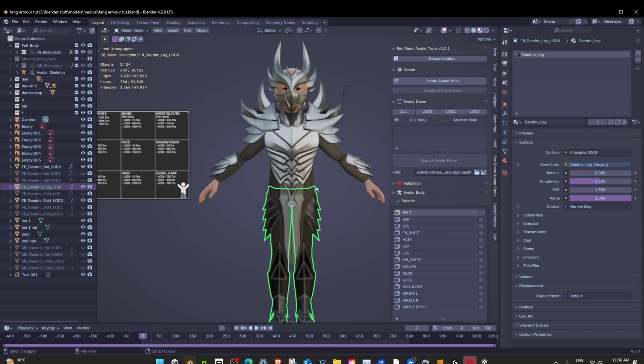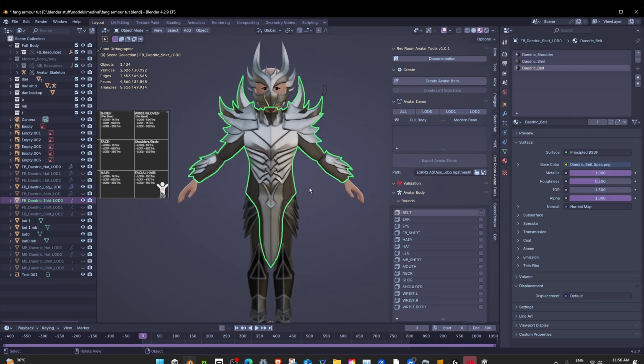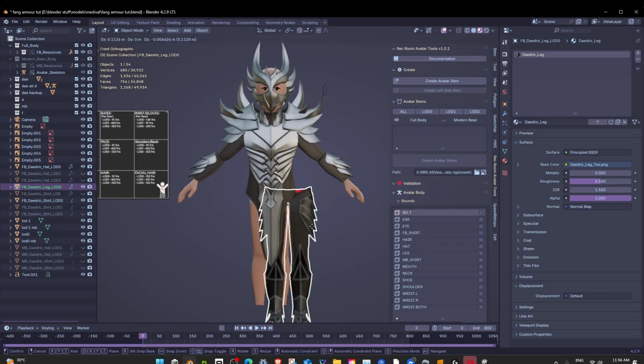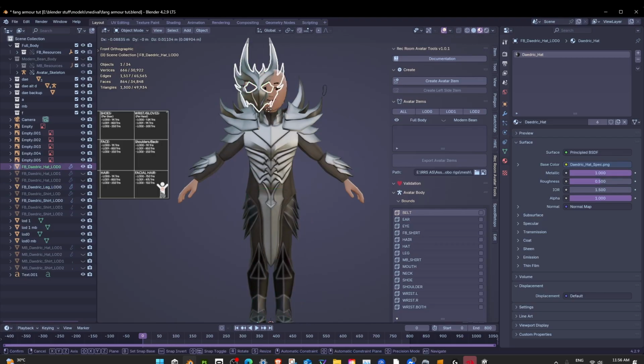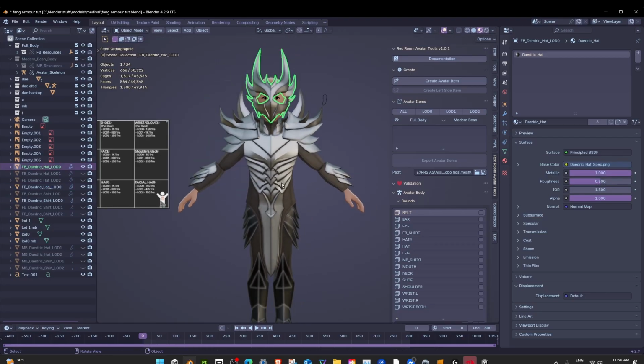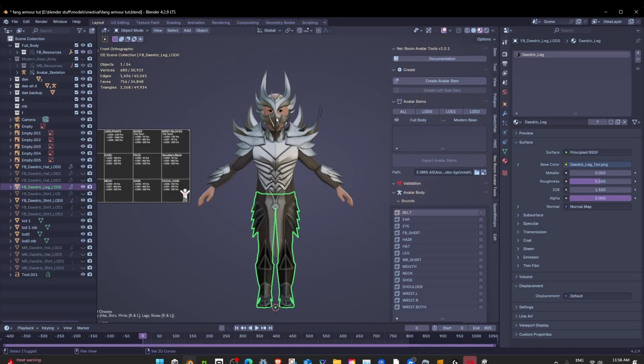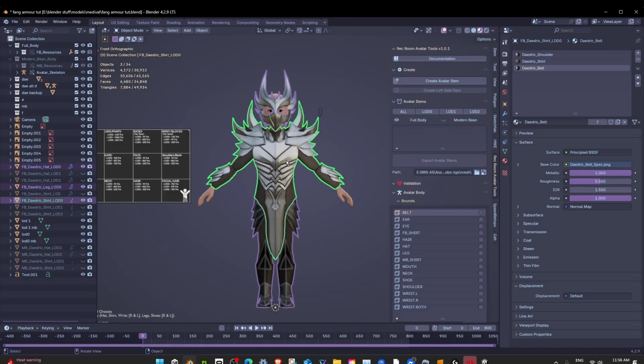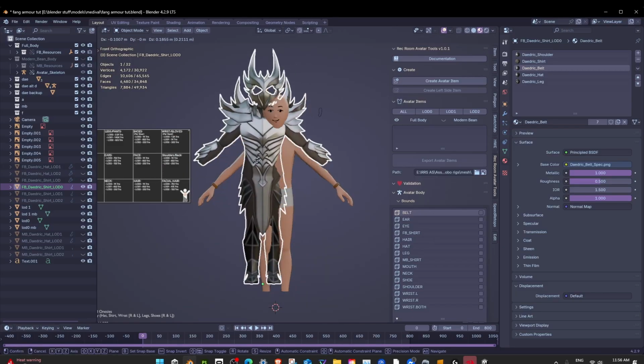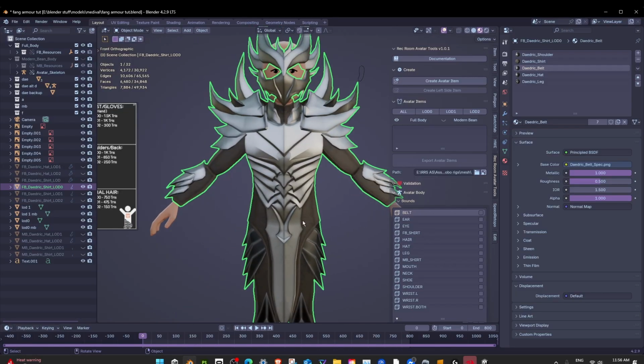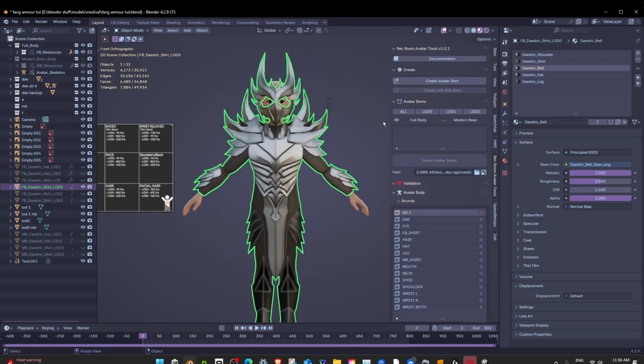Alright, this is how you create combo items. So let's say you have a shirt, a pant, and a hat item. What you do is select all of them and press Ctrl J to join them. So now they're one object, and then once you're done with that, you would